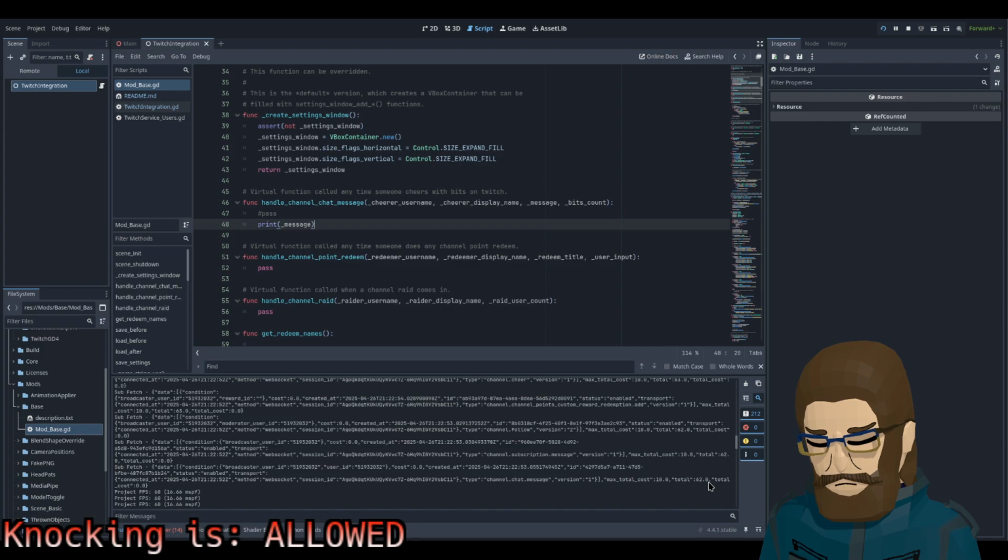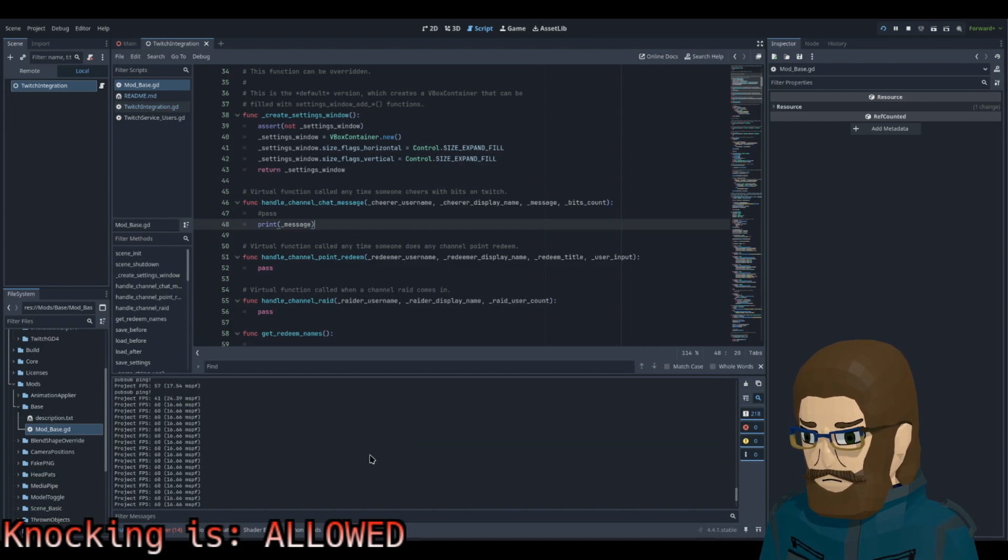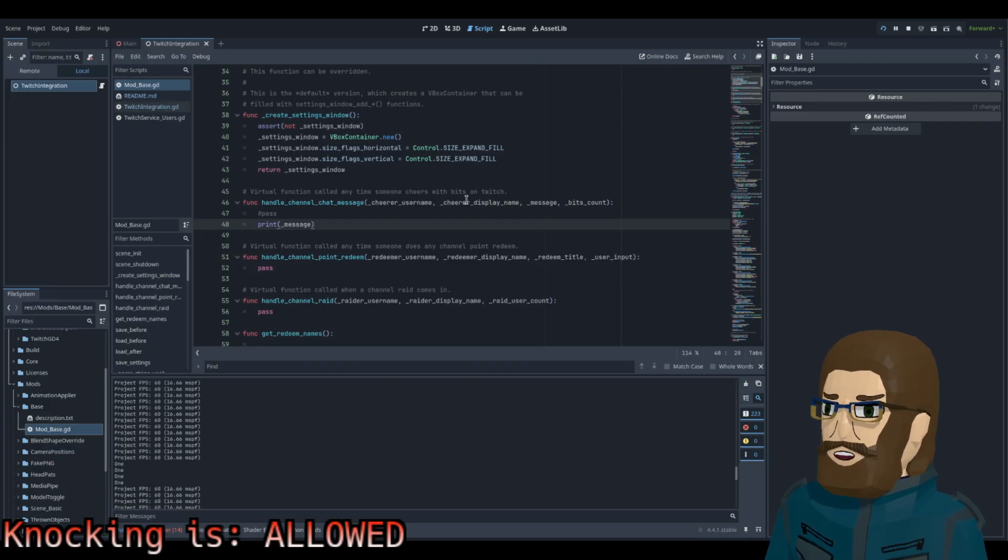Max total cost is 10, total 62. Do we have more than one connection live? Is this what's happening? Okay.